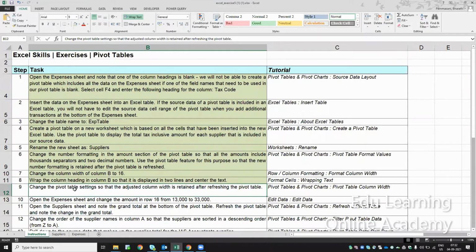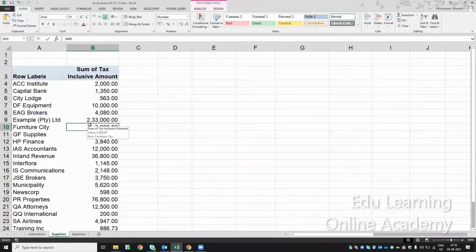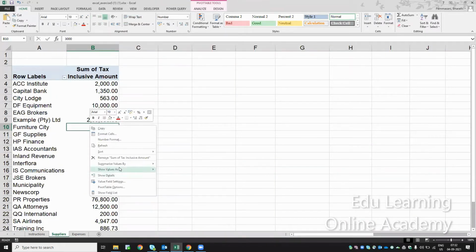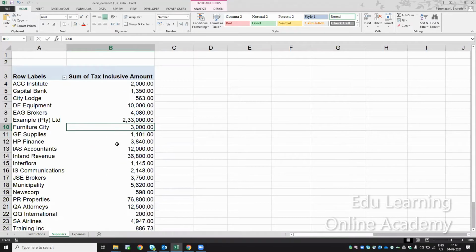Next, change the pivot table settings so that the column width is preserved when the pivot table is refreshed. See here, if I refresh again, the column width changes to the default column width, and the wrap text is gone. So we have to preserve this formatting.